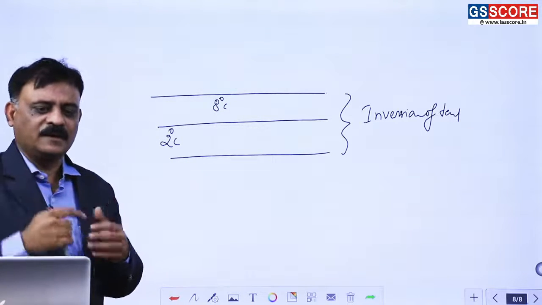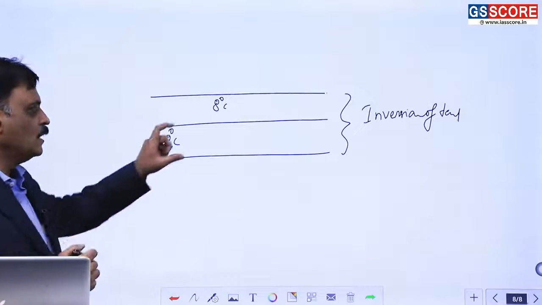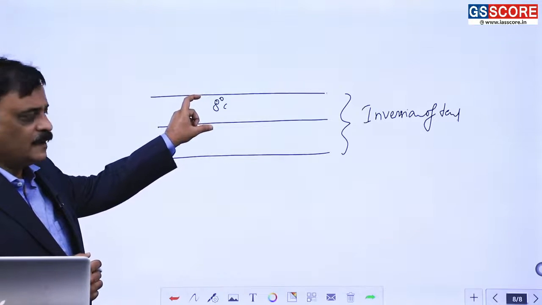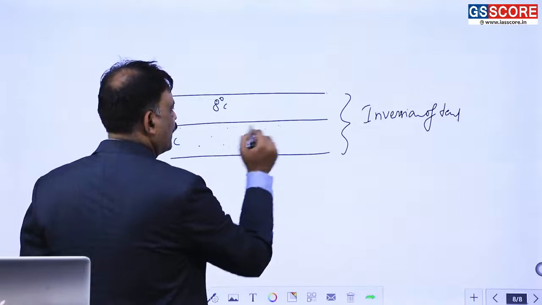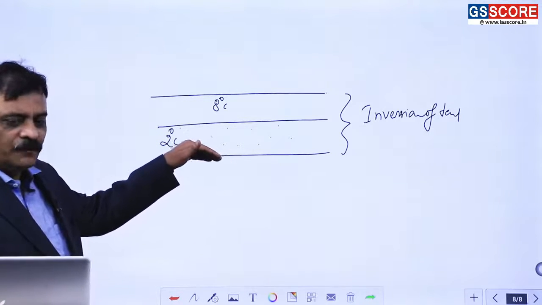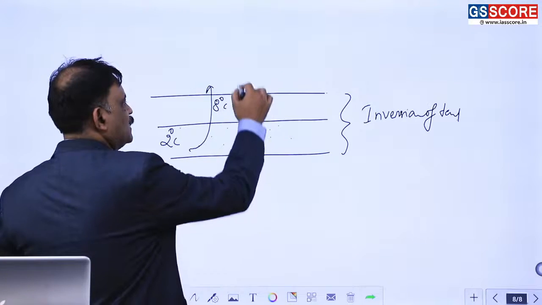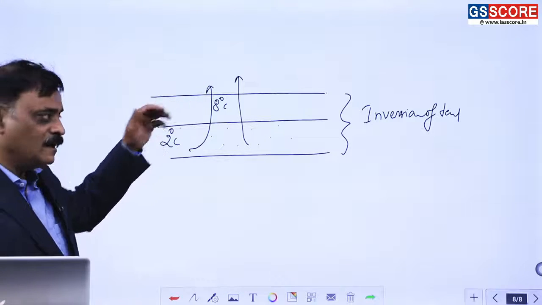Disturbance ही नहीं होगा या एयर के अंदर में कोई तरीके का मूवमेंट ही नहीं होगा, वर्टिकल मूवमेंट ही नहीं होगा, तो नीचे की लेयर नीचे ही रह जाएगी और ऊपर की लेयर ऊपर ही रह जाएगी, जिसकी वजह से जो भी पॉल्यूटेंट्स होंगे वो सारे के सारे यहां पे ट्रैप हो जाएंगे। क्योंकि जनरली क्या होता है, पॉल्यूटेंट्स होते हैं और पॉल्यूशंस होते हैं, और ये पॉल्यूशंस एयर करंट्स अपर लेयर के अंदर में ले जाती हैं। लेकिन अगर एयर करंट्स अपर लेयर के अंदर में जा ही नहीं पा रही हैं,